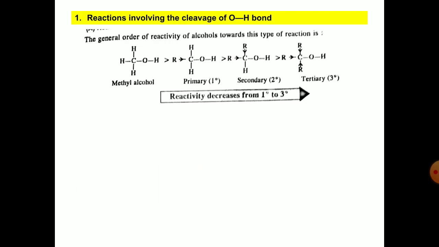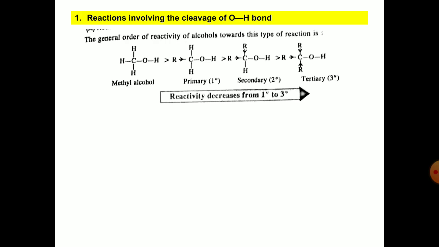Let us discuss. Students, if the OH bond is broken, the oxygen atom becomes negative and the hydrogen atom becomes positive. So in order to make the ion stable, if another group present along with oxygen can withdraw electrons, then it becomes more stable. If the groups attached to oxygen donate electrons, then it becomes unstable. So in case of a tertiary